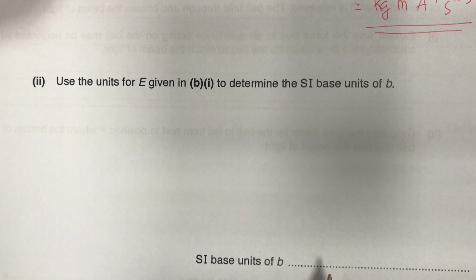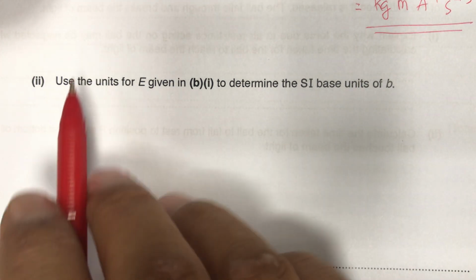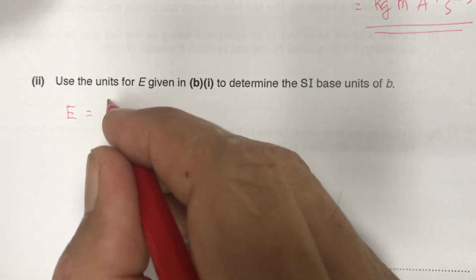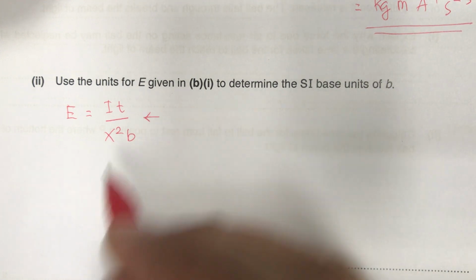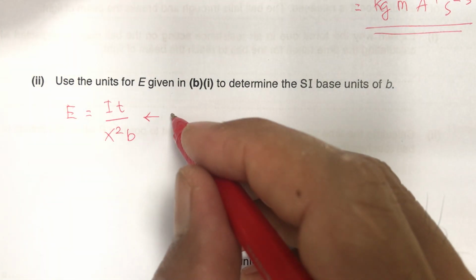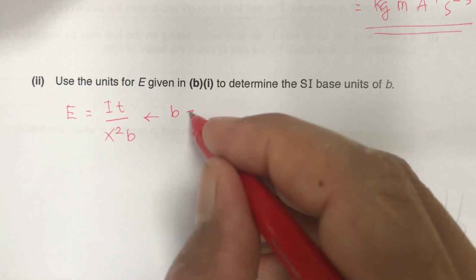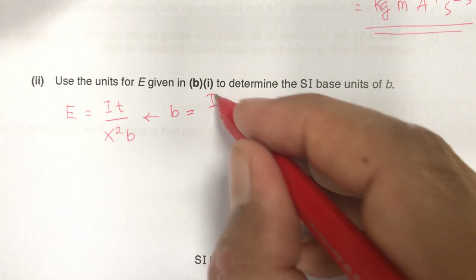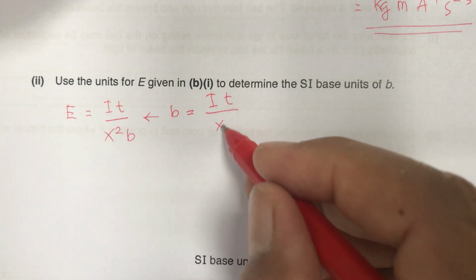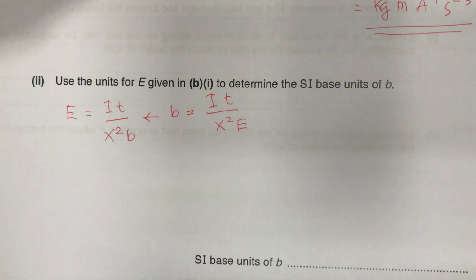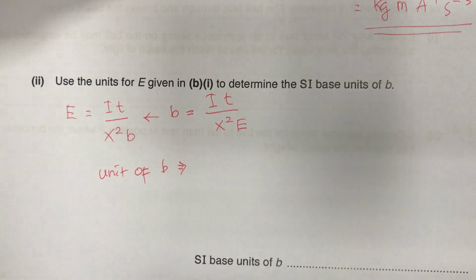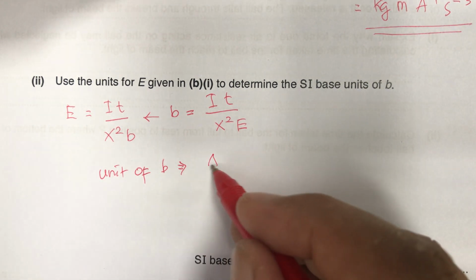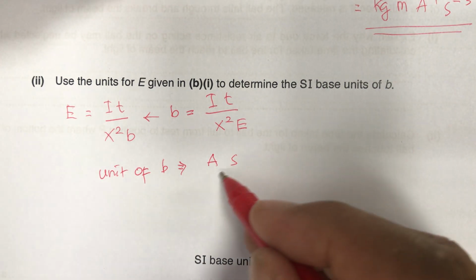We have E as IT divided by x squared B. So from this equation we have B equals IT divided by x squared E. So for the unit of B, I is ampere and t is second,